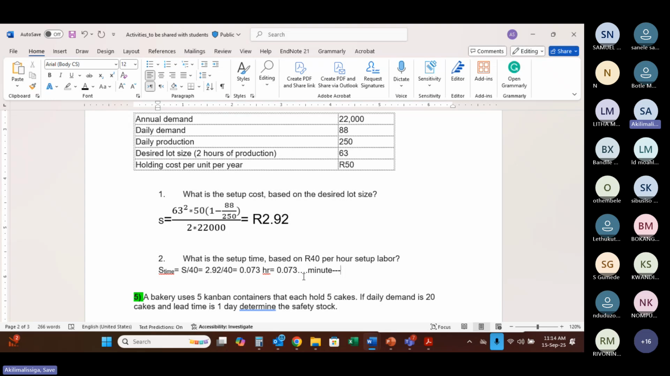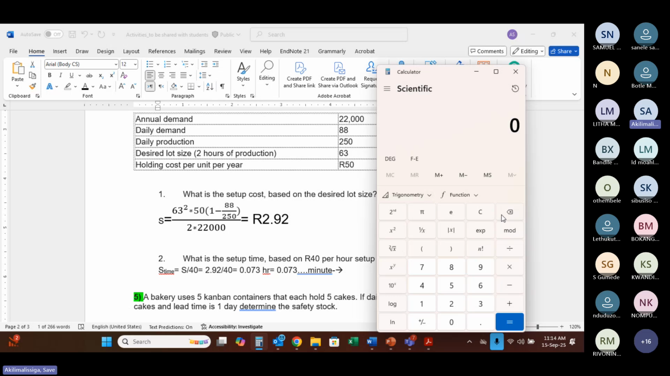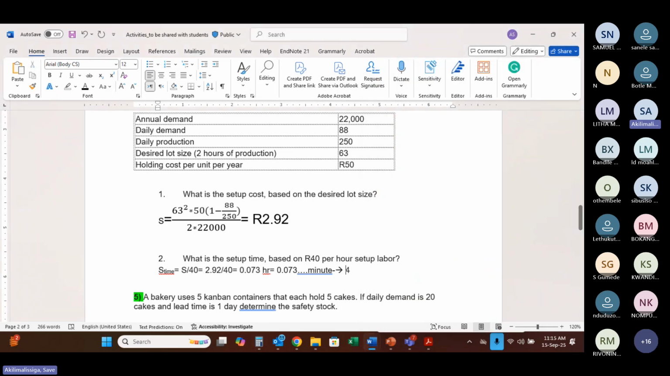So you already have this answer in hours. What you need to do is convert this into minutes. So obviously you're going to have 0.073 times 60 in order to convert this 0.073 hours into minutes, right? So that gives us 4.38, right? So here you're going to have 4.38 minutes, right? So this is your answer in minutes, which looks